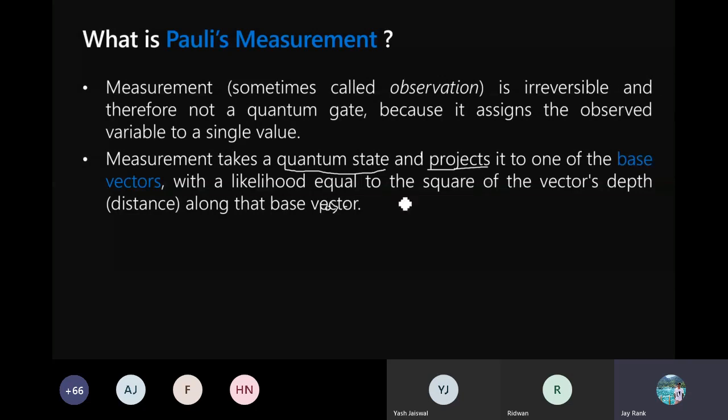We have already seen that the likelihood stands for the probability, and the probability for the 0 quantum state is the alpha square, where the 0 vector stands for the half base vector 1 and 0, right?